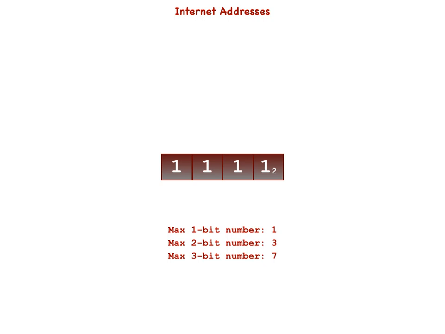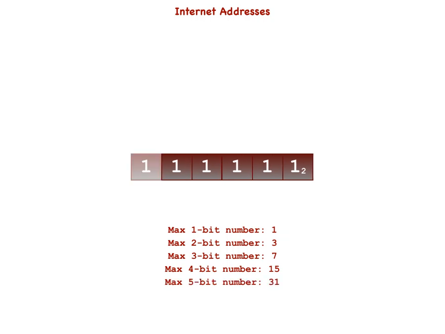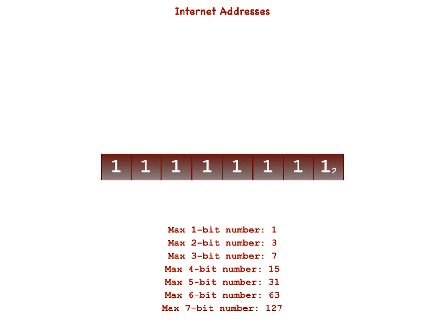The maximum 4-bit number equals 15. The maximum 5-bit number equals 31. The maximum 6-bit number is 63. The maximum 7-bit number is 127. And the maximum 8-bit number, when converted to decimal, is